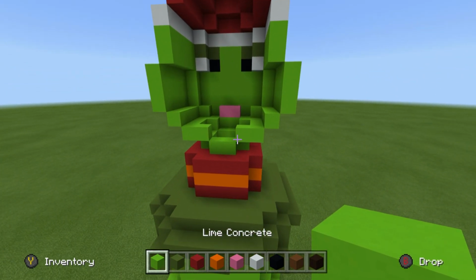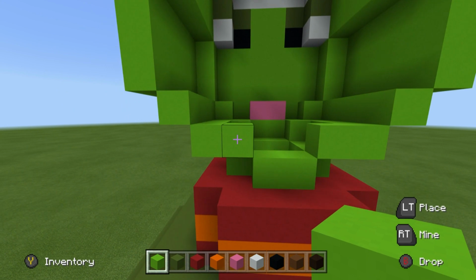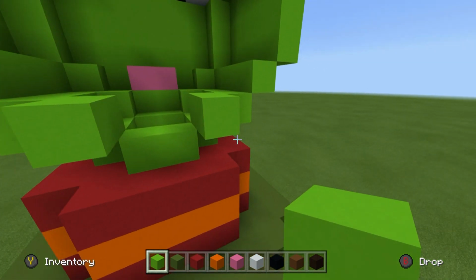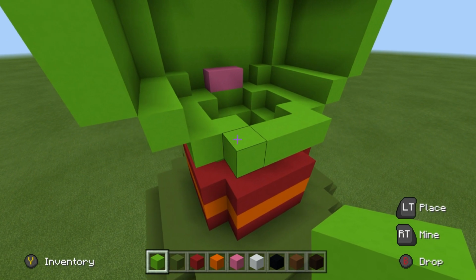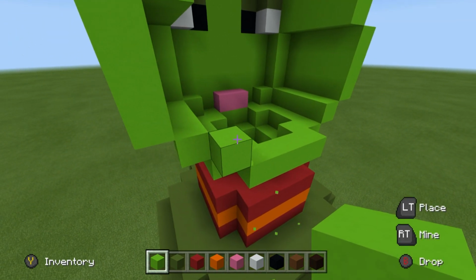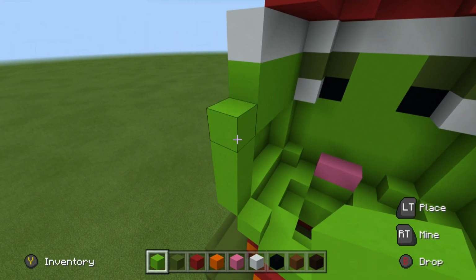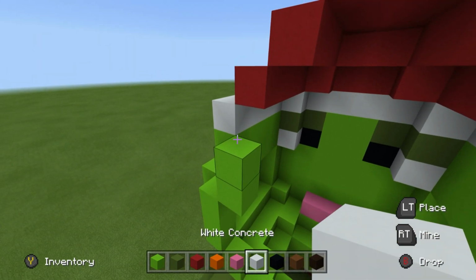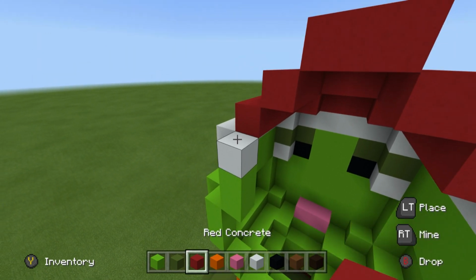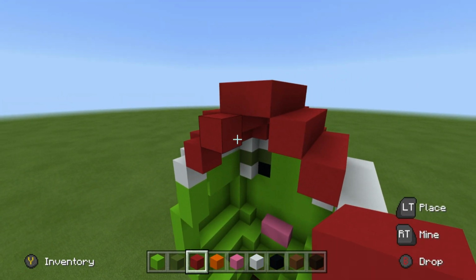So the back of the head is obviously a little bit different because there's no face here. So we're going to take these 2 initial lime concretes here and we're going to extend them 1 row towards us. Join them together. Then from here, we're going to place 2 up left diagonal lime concretes. Up by 2. Up right diagonal with the lime. Place one on top, place a white concrete on top of that, 2 up right diagonal red concretes,